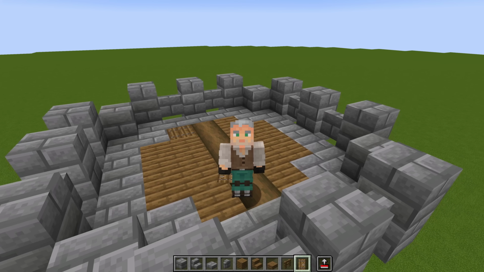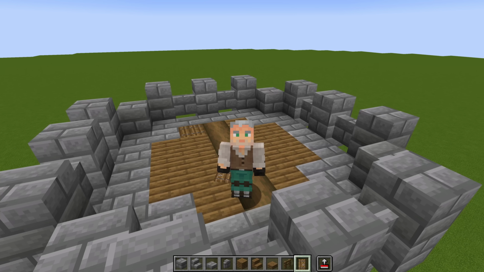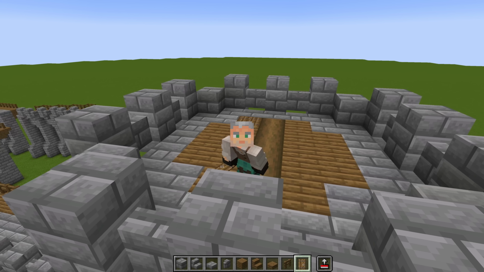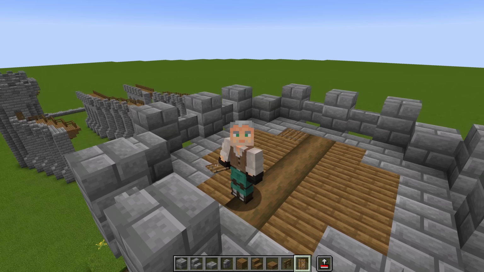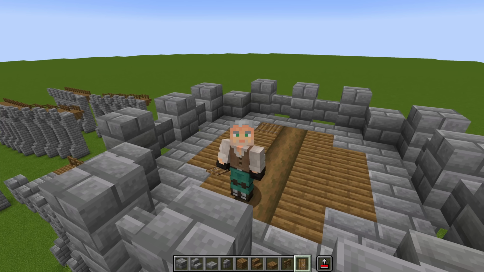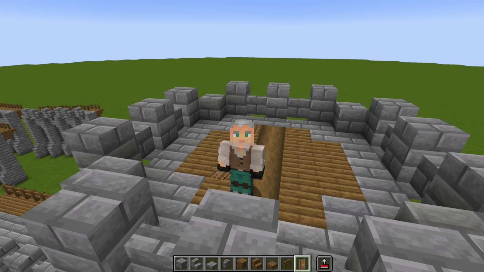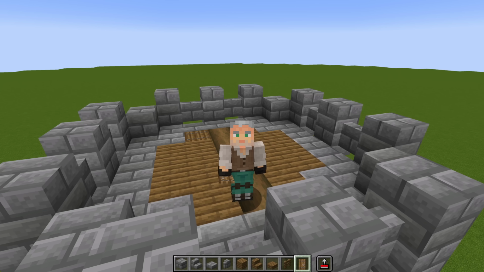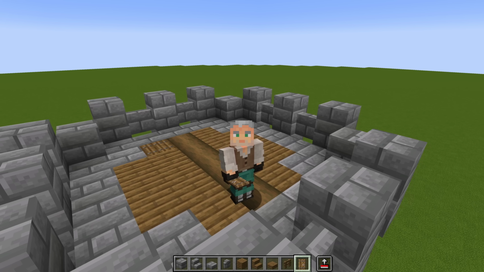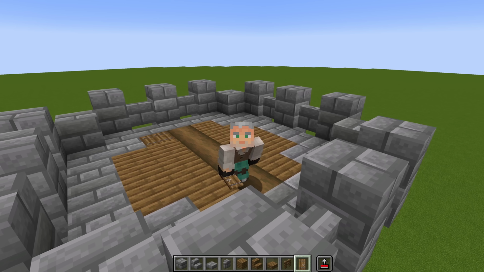Another question I get very often regarding the fortified walls and towers video is, how do I add a gatehouse? And that question is not easily answered because a gatehouse was typically a huge fortified structure, sometimes as big as the castle keep. So the next video in this series will show you how to build a gatehouse,